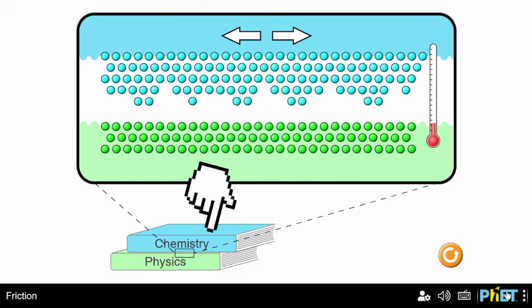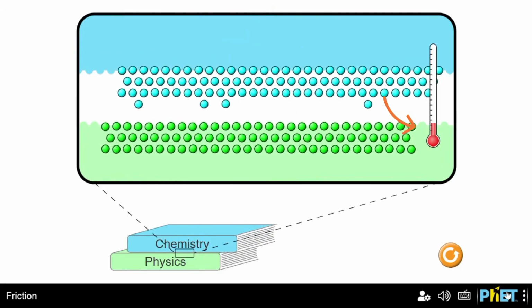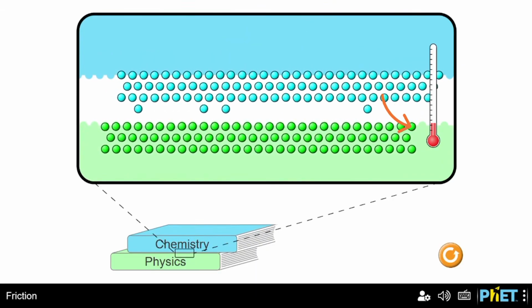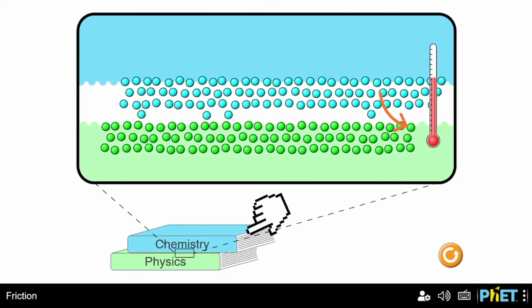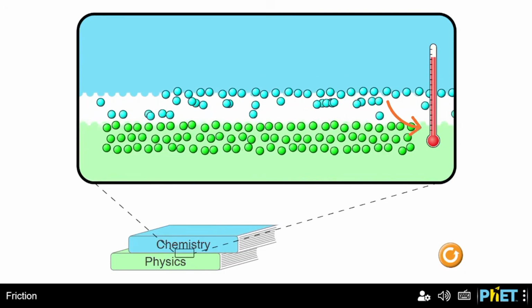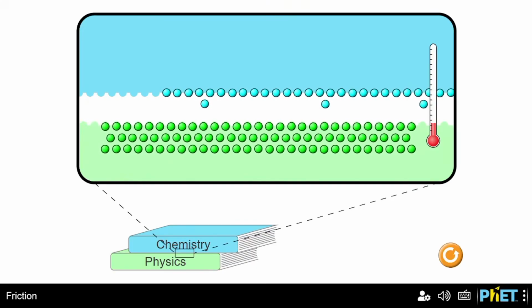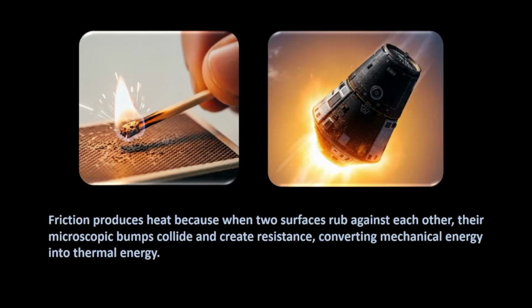Now, the moment I am sliding the chemistry book over the physics book, there would be a friction force created, and because of the friction, just focus on what's happening to the temperature. As you are able to see, the temperature is rising. So we can also say that the frictional force also causes heating, something that could be good and bad